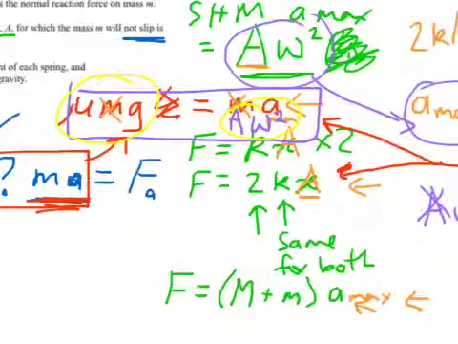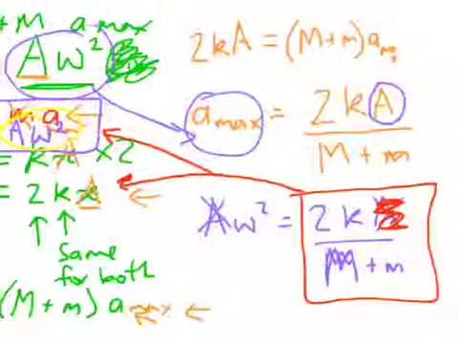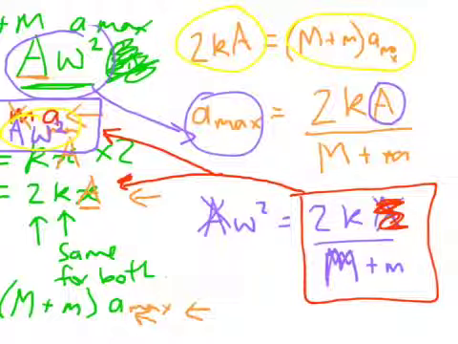We have then found an expression for omega squared by looking at the force used to compress and extend the springs, and using that with the force used to accelerate both of the masses, because that's what is going on in both of those. The spring is compressing both the masses, and that same force is being used to accelerate both of the masses. So we've rearranged down to get an expression for omega squared. We've substituted